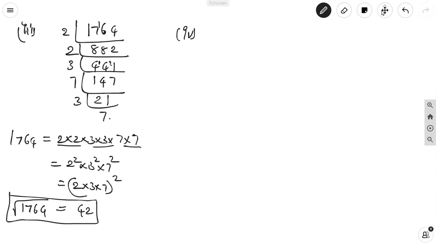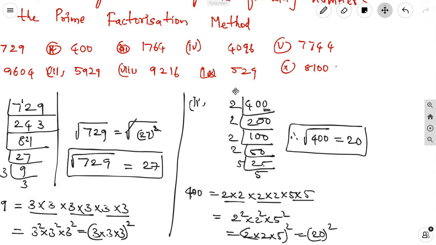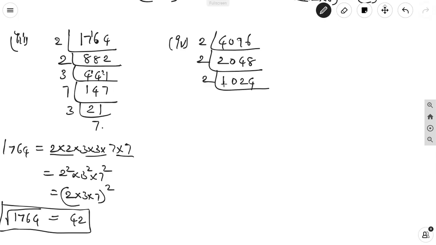The fourth question. The same way we can do that. 4096. The ones place is even, so start with 2. 2 twos are 4, 0. 2 fours are 8, 2 eights are 16. Again even. 2 ones are, 2 twos are, 2 fours are. Again even. 2 fives are 10, 2 ones are, 2 twos are. Again even. 2 twos are, 2 fives are, 2 sixes are. Again even. 2 ones are, 2 twos are, 2 eights are.